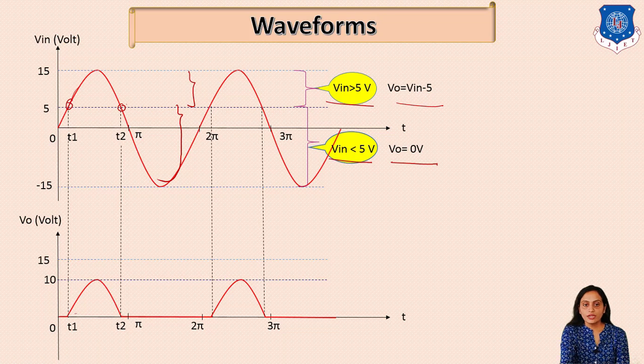Here it is 5 volt, and at the output you will find that the voltage will be 0, and when it is 15 volt it will be 15 minus 5, that is 10 volt. From T2 till this particular point you will find the output voltage remains 0, and after this, when the input again increases greater than 5 volt, you will find the same thing being repeated. So this is how the output of this particular circuit is plotted with all voltage levels. With this, I am ending this session over here. Thank you.